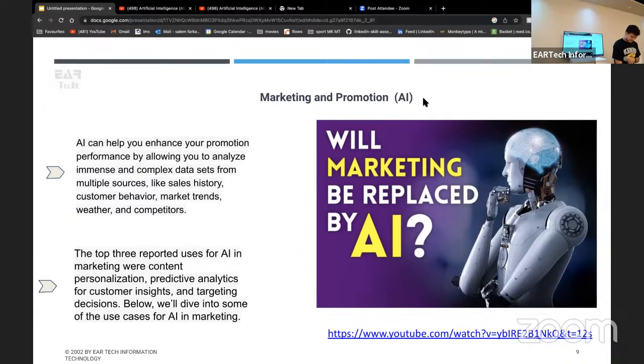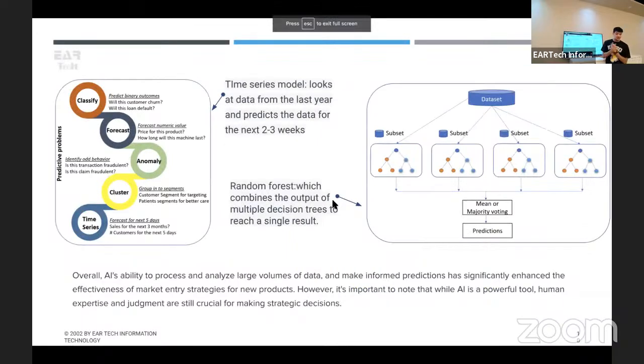Okay. So next, I'll explain to you the two different types of models. As you can see, the first model is the time series model that looks at data from the last year and predicts the data for the next 2 or 3 weeks. This is for a short period of time, just getting a brief understanding of the market. And then the random forest, which combines the output of multiple decision trees to reach a single result. So the time series model is used just for a basic understanding of the market, and then you move towards random forest data when you want to implement your product into